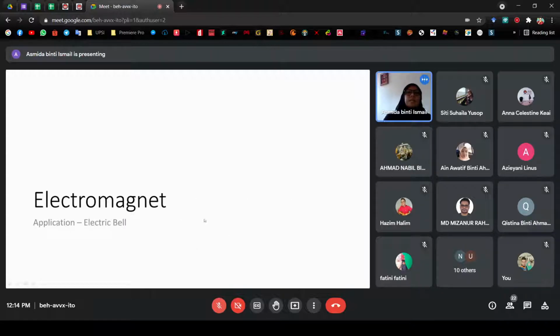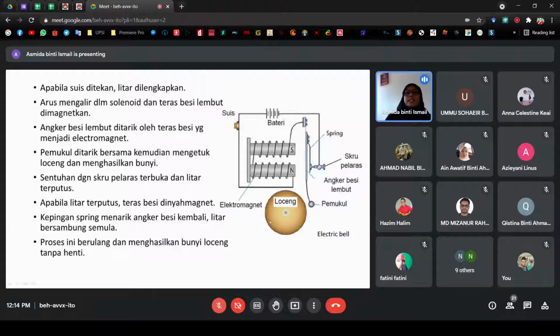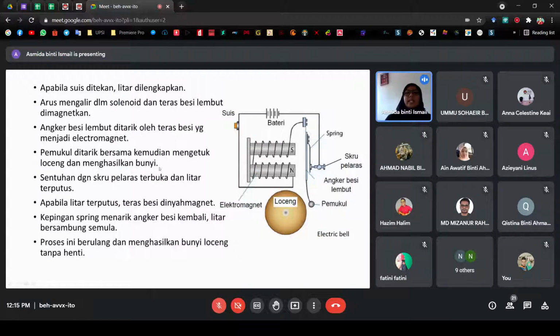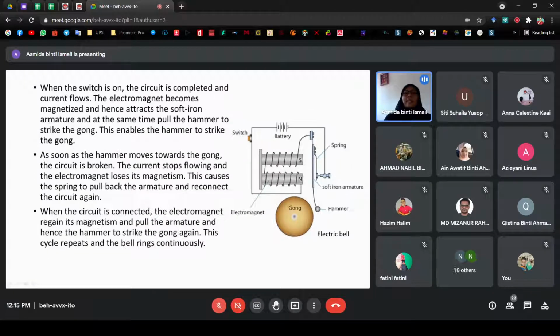Okay, and then where the electromagnetic applications, where we apply this electromagnetism. Okay, this is the first, in the electric bell. So this is the application. Ni ada dua-dua ni, saya bagi in Malay, saya bagi in English juga. So you can go through, you can baca macam mana dia boleh bunyi, elektrik ni macam mana dia boleh